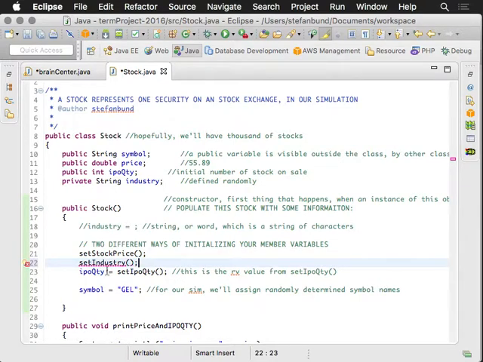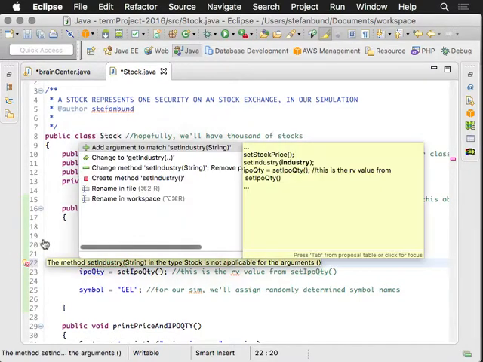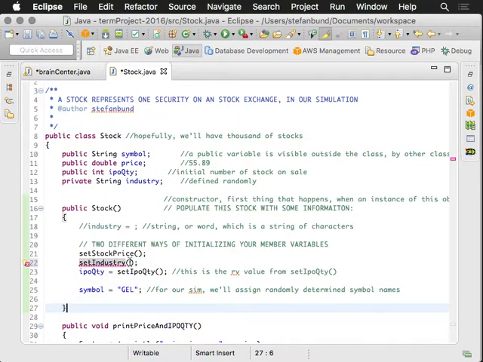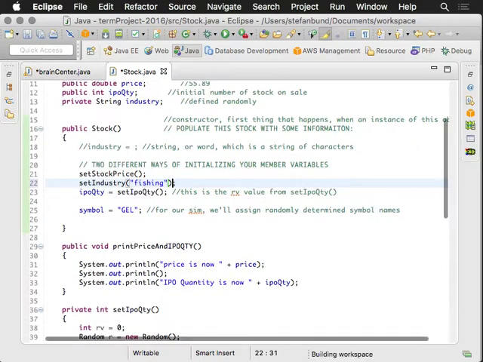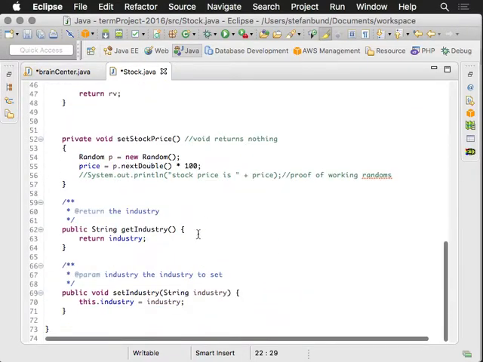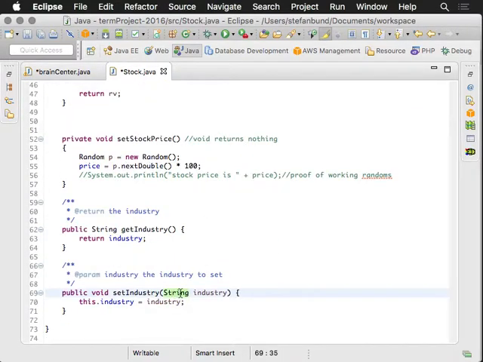Now, you notice it gives me a problem here because I'm not providing anything inside the parentheses. And you realize that I need to provide something within these parentheses because it's expecting a string as